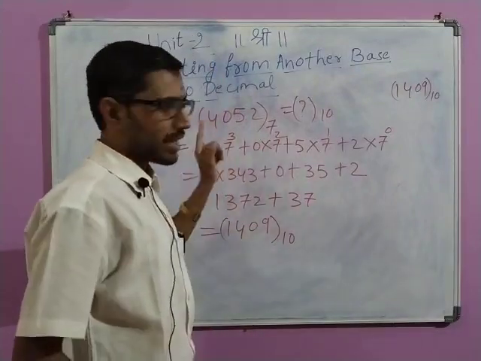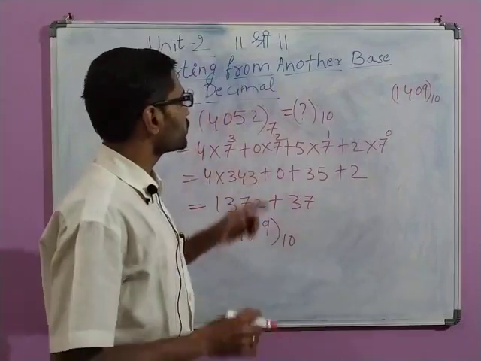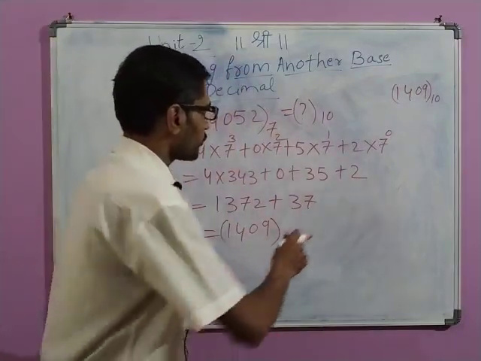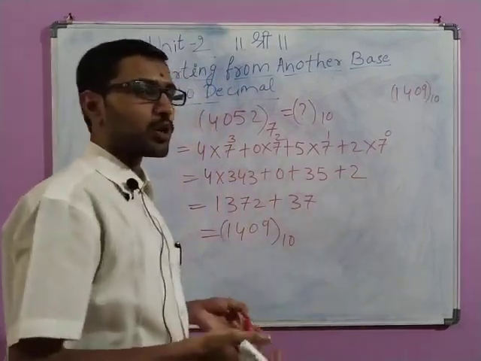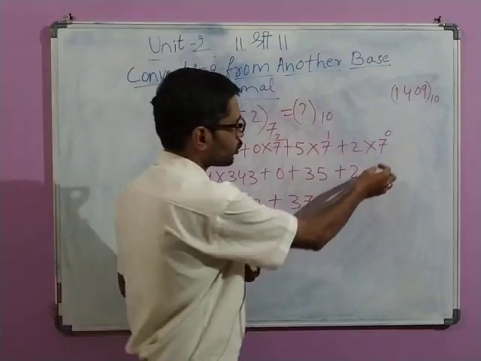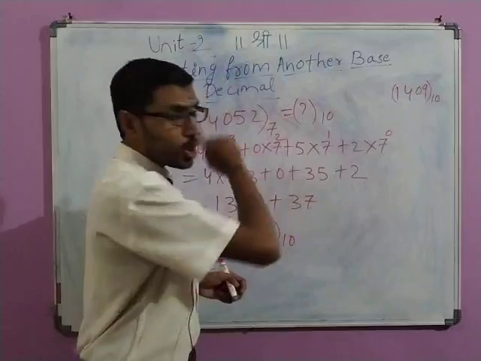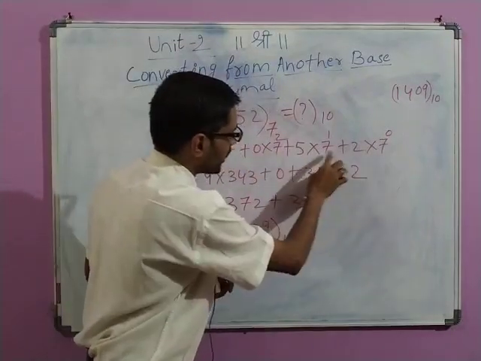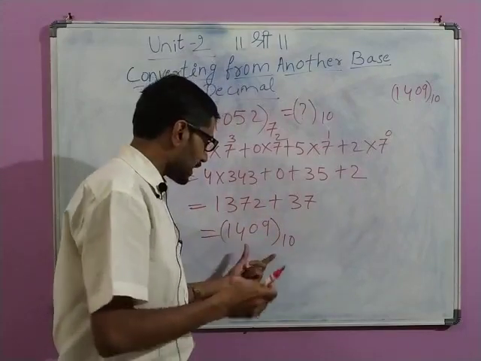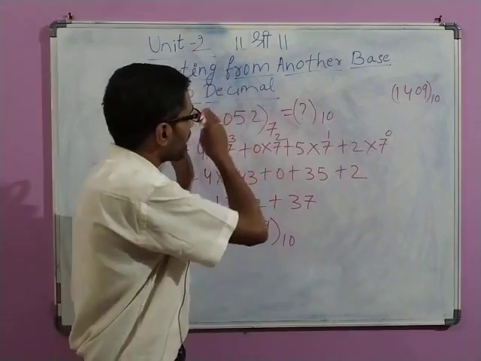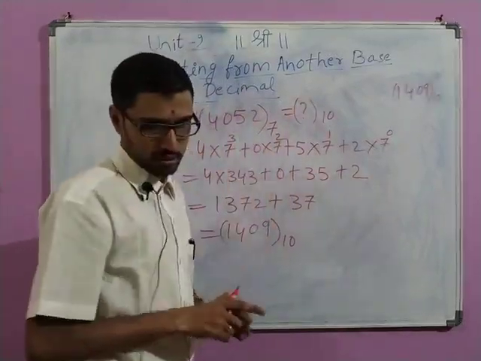Now let us take the same example with base 6 and try to understand it. If you observe, the procedure is going to remain the same. We are taking the positional values 7 raised to 0, 7 raised to 1 and so on. When I was converting from binary to decimal, my positional values were 2 raised to 0, 2 raised to 1 and so on. When I was converting from octal to decimal, it was 8 raised to 0, 8 raised to 1 and so on. But the technique is going to remain the same, and at the end we are converting from any other base to the decimal.